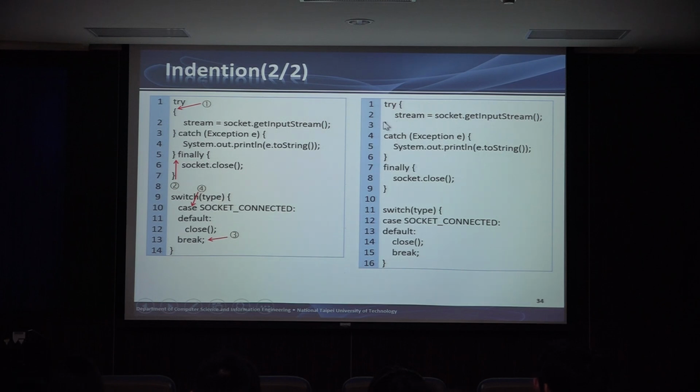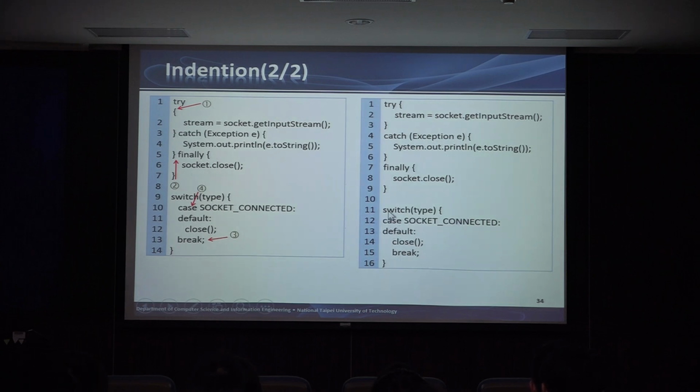Whenever you write your right parenthesis, you want to change to the next line, so leave the catch as the first word in the new line. And for switch and case, you want to line up all the cases and default